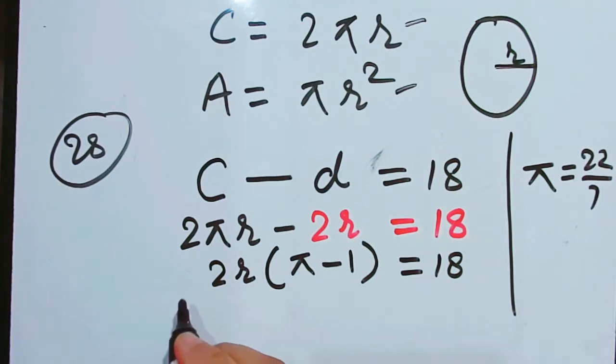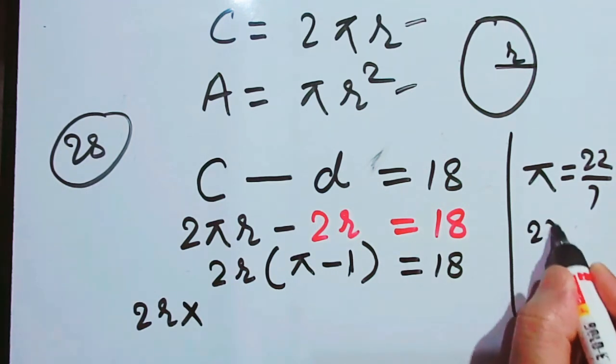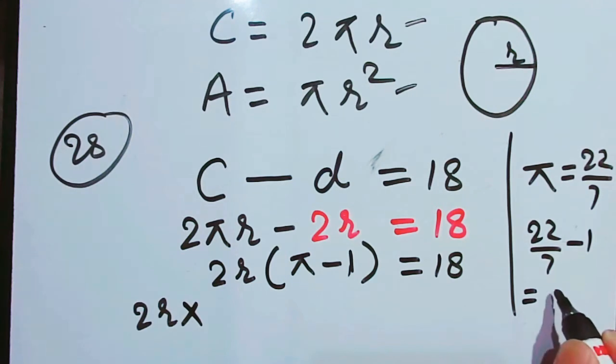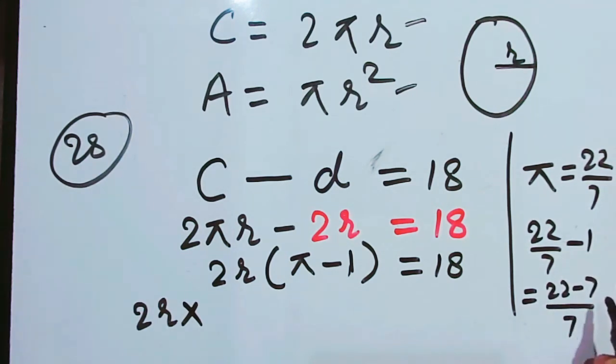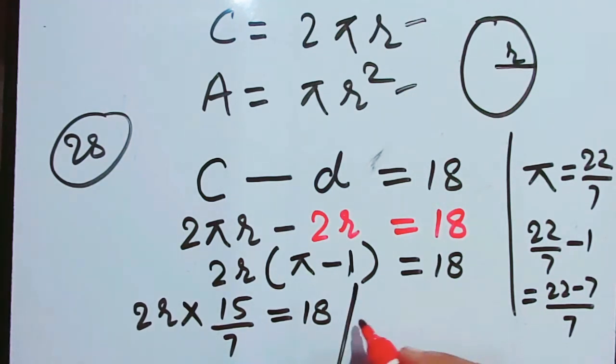So 2r multiplied by (22 by 7 minus 1). Let me see, 22 by 7 minus 1 will give you (22 minus 7) by 7, that is equal to 15 by 7. So 2r times 15 by 7 is equal to 18. So how to find r? My value of r will be equal to